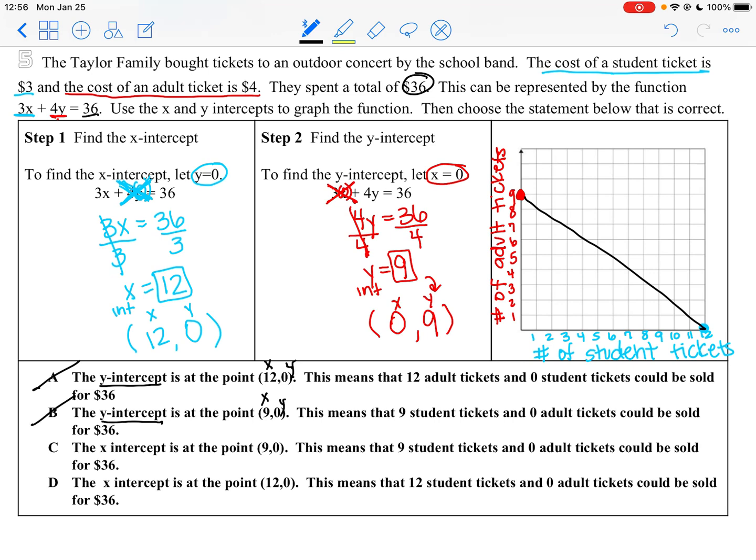So now I just want to read these last two where we're talking about x-intercepts because the numbers are in the x spot. So these are written as x-intercepts, but only one of them is correct. So the x-intercept that we have written down is at 12, 0. So answer choice D is the one that has that one written correctly. So the x-intercept is at the point 12, 0. This means that 12 student tickets and no adult tickets could be sold for $36. So this was that extreme that we talked about where all of our money was spent on student